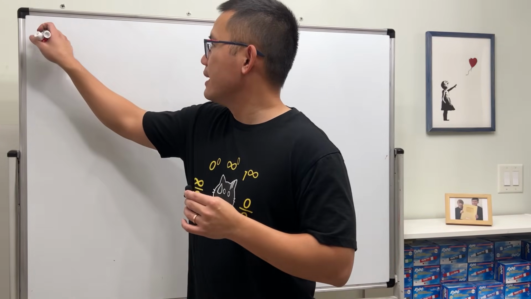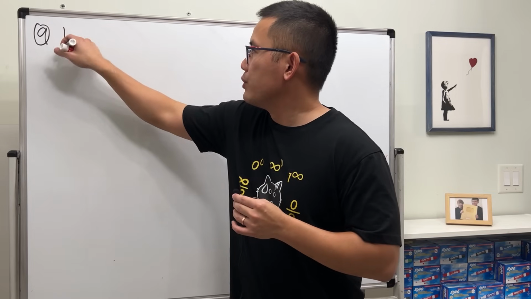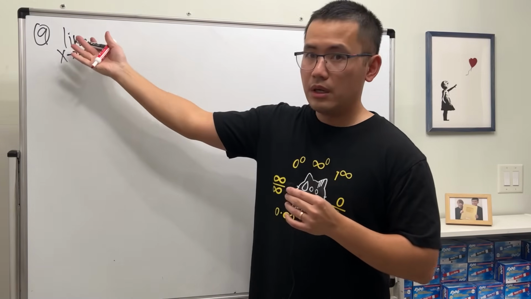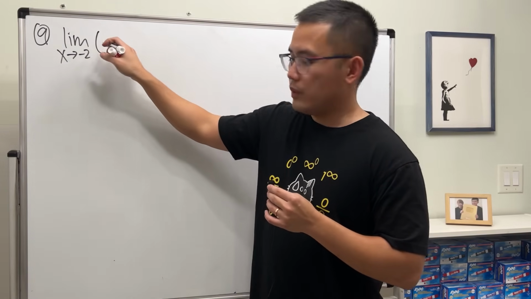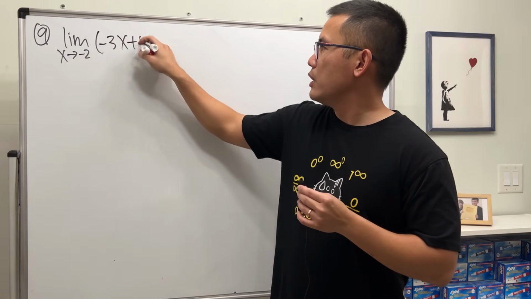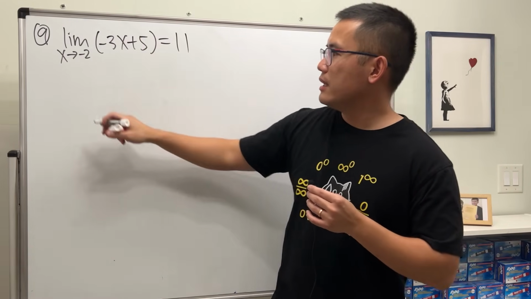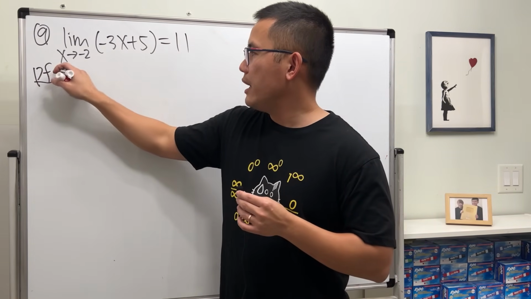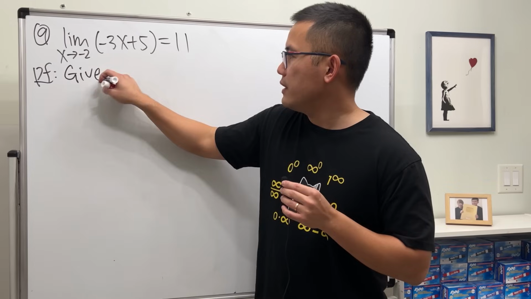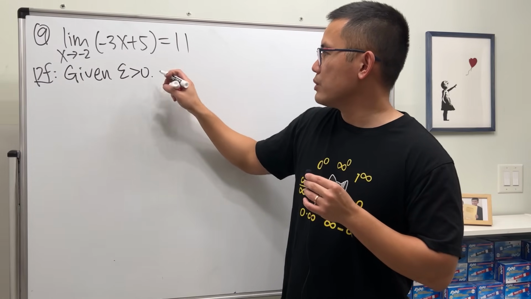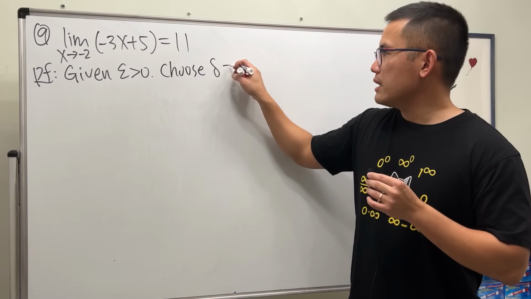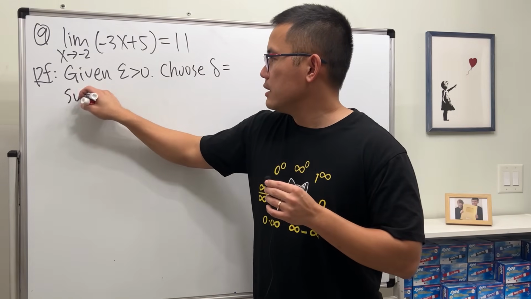Number 9. Let's go back to a linear case, but this time, let's say x is approaching a negative number, x approaching -2, and then we have -3x plus 5. Work that out, you get 11. This is an epsilon-delta definition, right? So given epsilon greater than 0, we are going to choose delta to be something, and then suppose